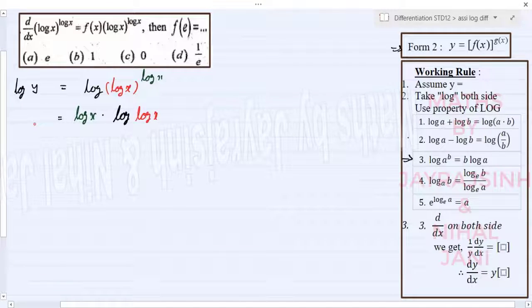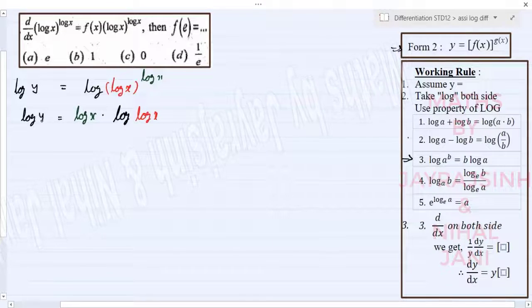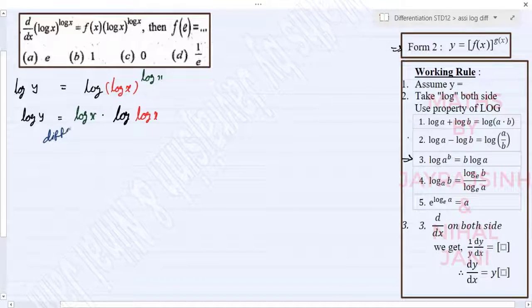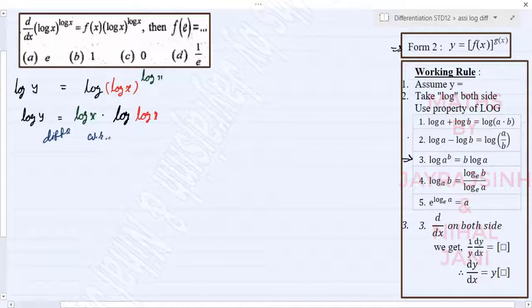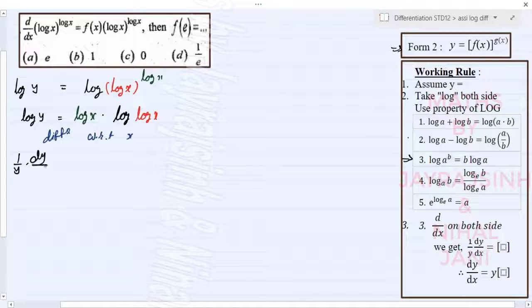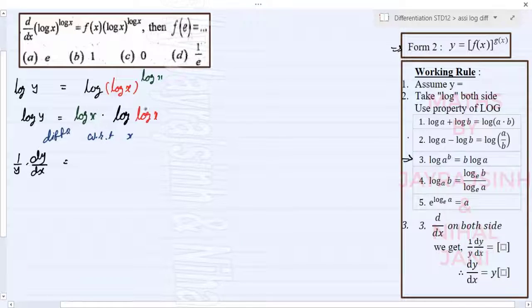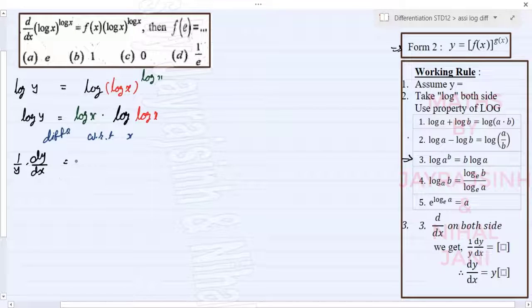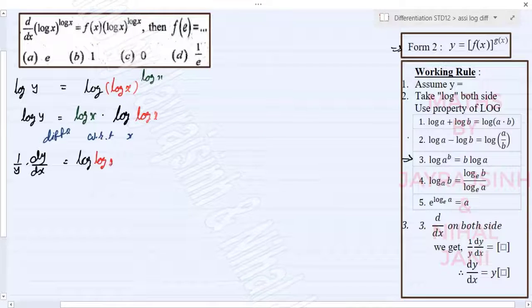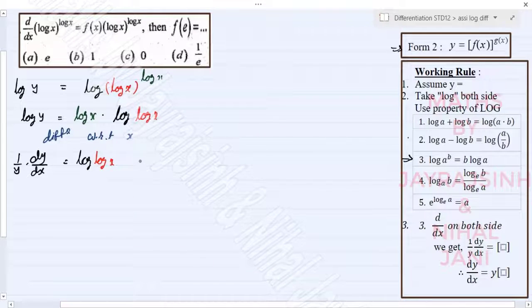So we get the simplest form of log y, and we are also ready to differentiate our equation with respect to x. On the left hand side we will get 1 upon y dy by dx, and on the right hand side we have to apply the multiplication rule. Let's say in the first term log of log x will be as it is. We just have to differentiate log x, which is 1 by x,